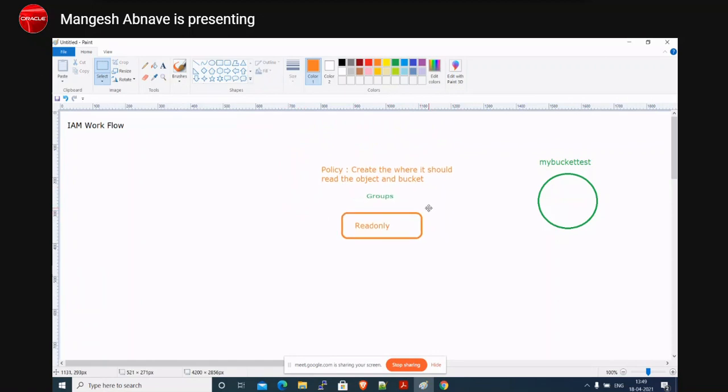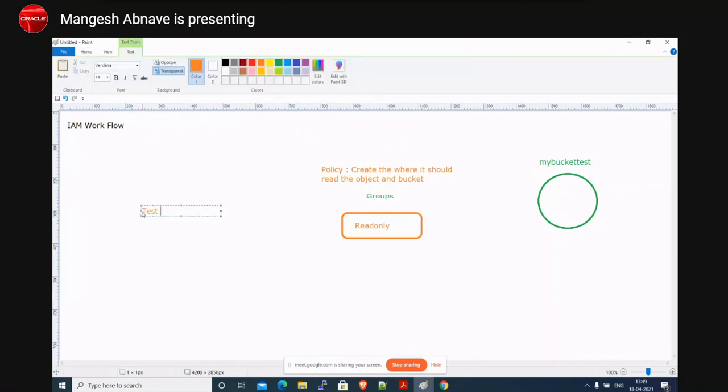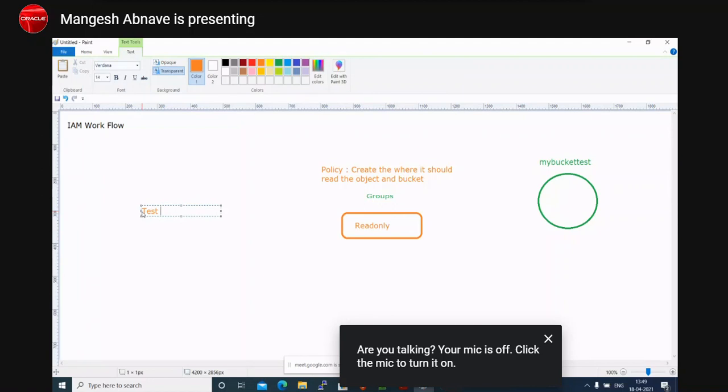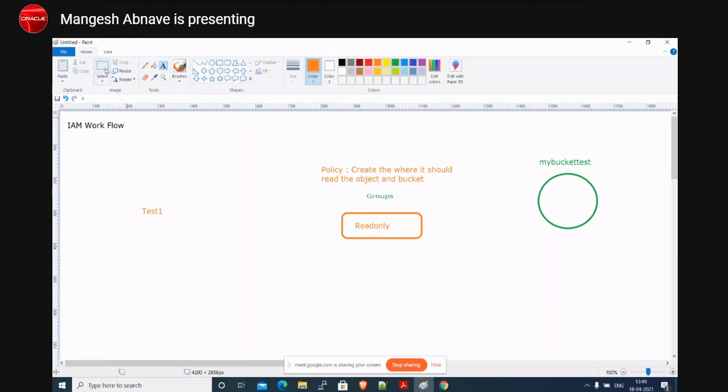And after that, the third thing we are going to do is create a user called test1. And test1 should be a member of this group called read-only.